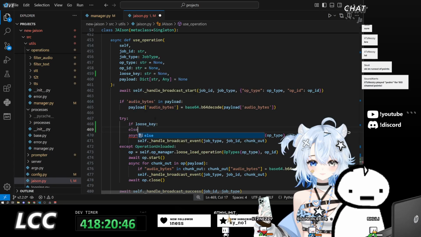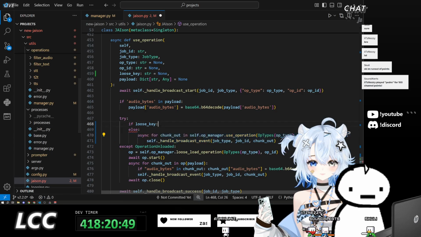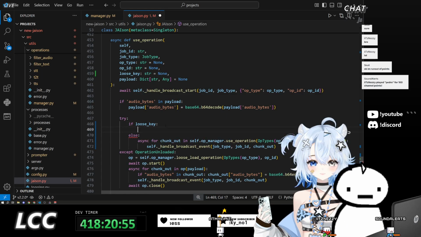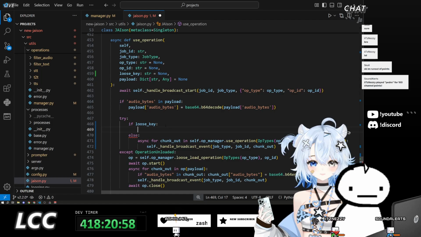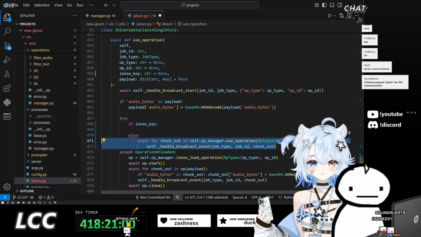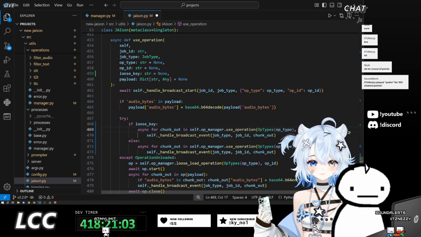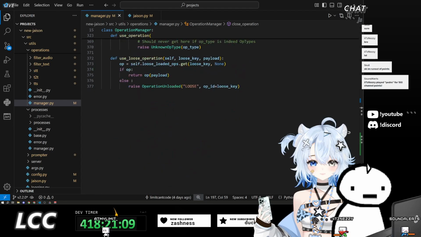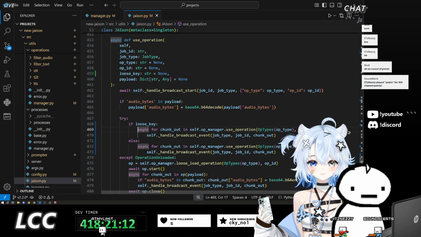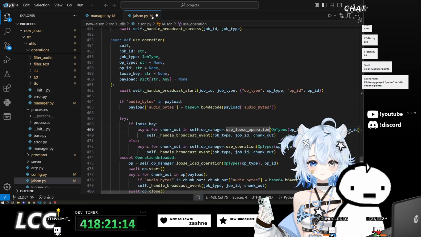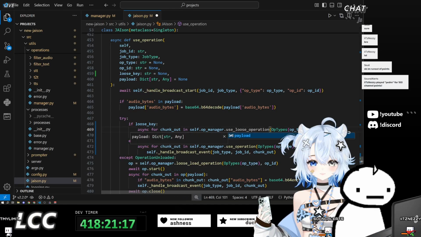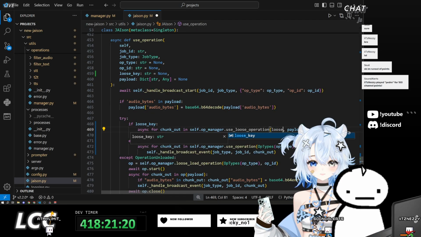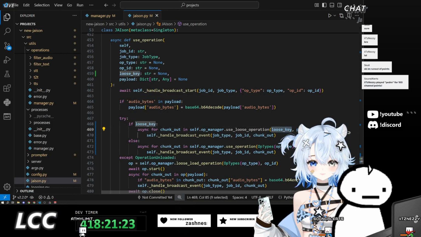Otherwise, default behavior. What is it called? We have a use loose, right? Use loose operation. And this just takes in the loose key and the payload. That should be good.